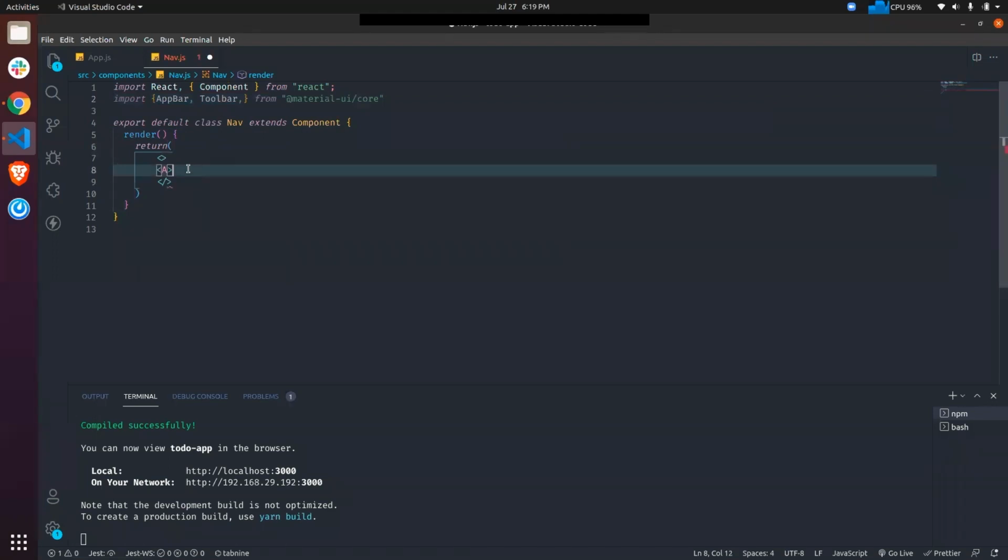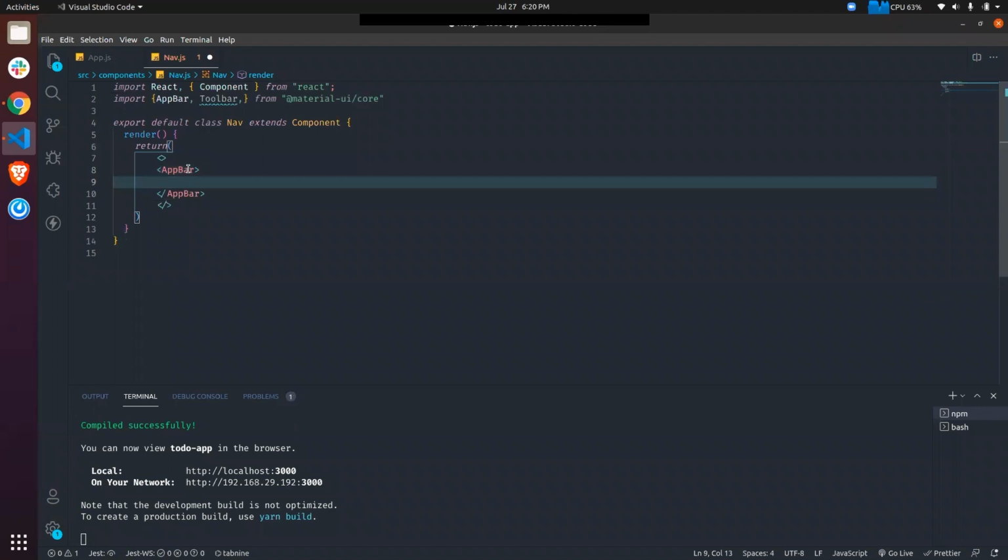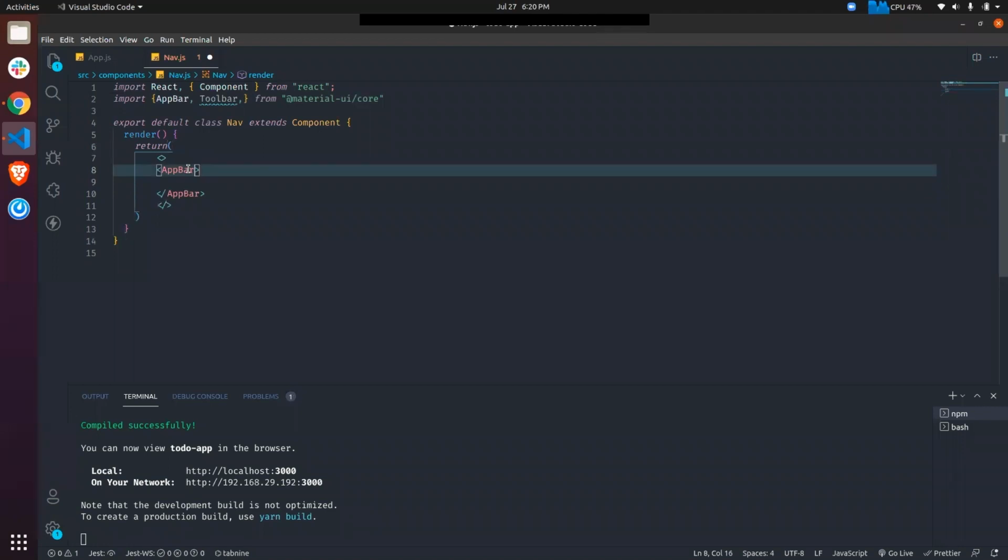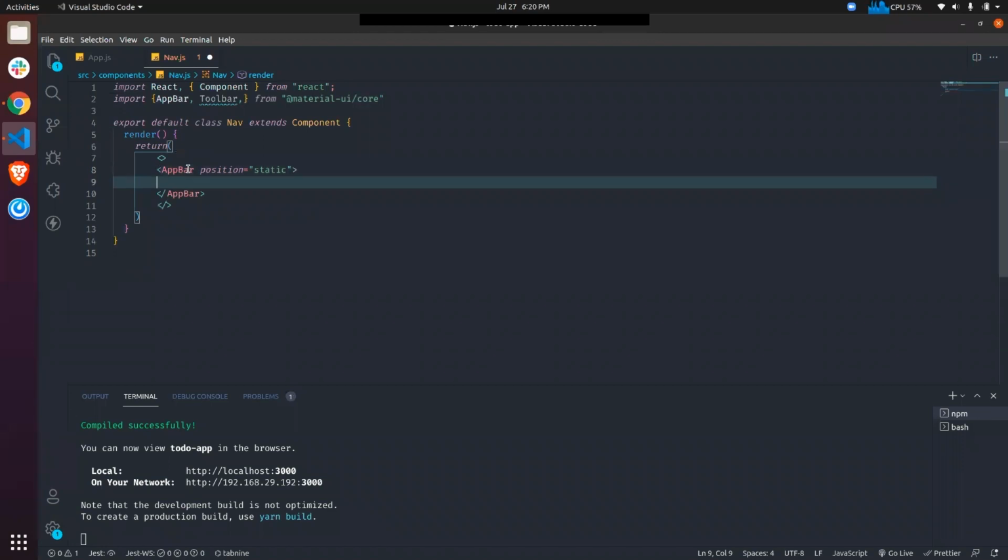So let's say AppBar like this, and it has some props. It has a prop called position, which we can give, say, static. So it will be a static app bar. It doesn't move. Okay. And inside that we need to provide Toolbar.